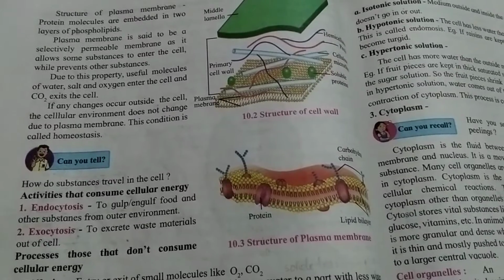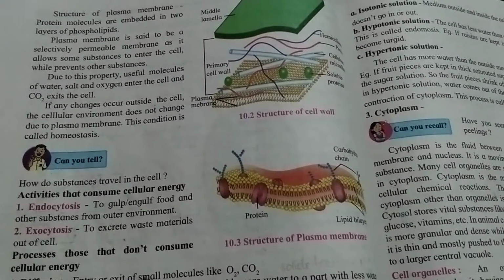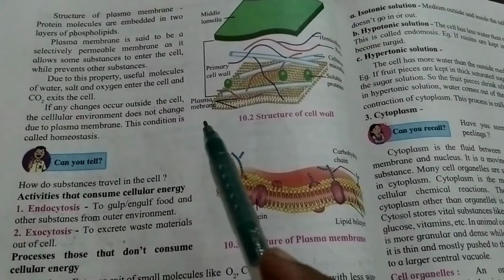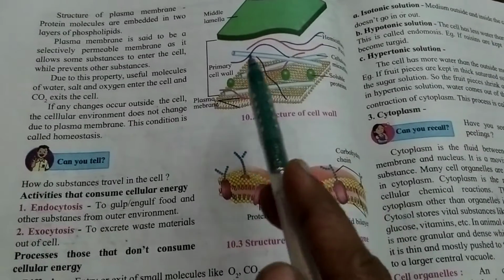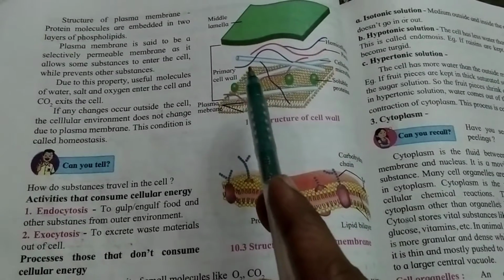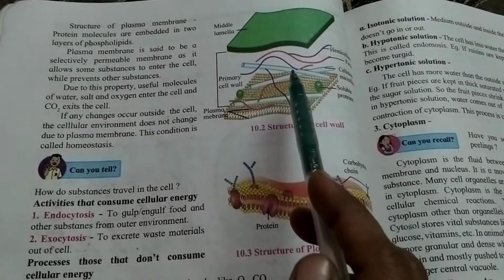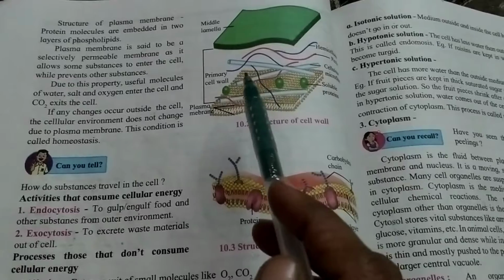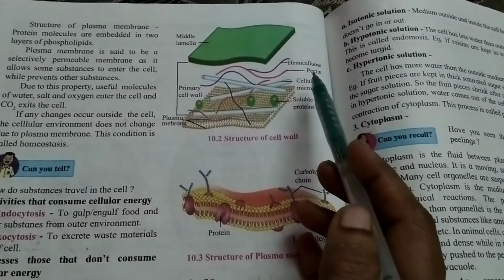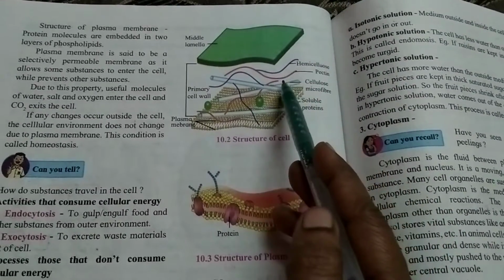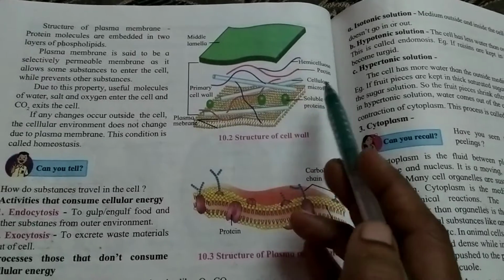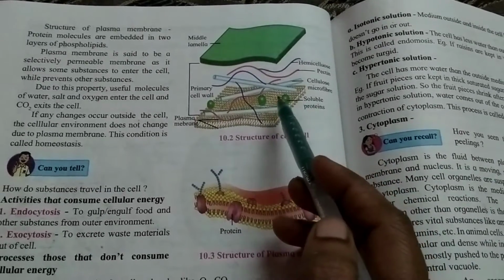We have also discussed the cell wall and the cell membrane, and here we are supposed to discuss the structure of the cell wall. So here is the structure of the cell wall. Here you can see this is the primary cell wall, and as I taught you in the last video, the cell wall is made up of carbohydrates like cellulose and pectin. So here you can find the pectin, hemicellulose and the cellulose microfibers like this.